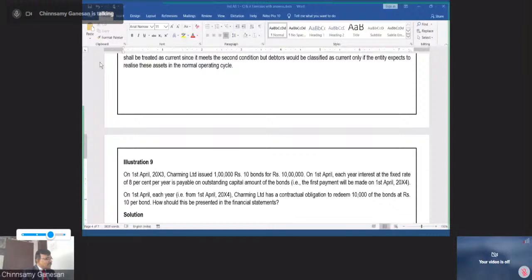Prabhakar Jain asks whether a portion of the debtors can be ignored for the current and non-current classification. I'm not sure what he is asking in this question. My feeling is, if, for example, there are 234 lakhs of debtors outstanding,